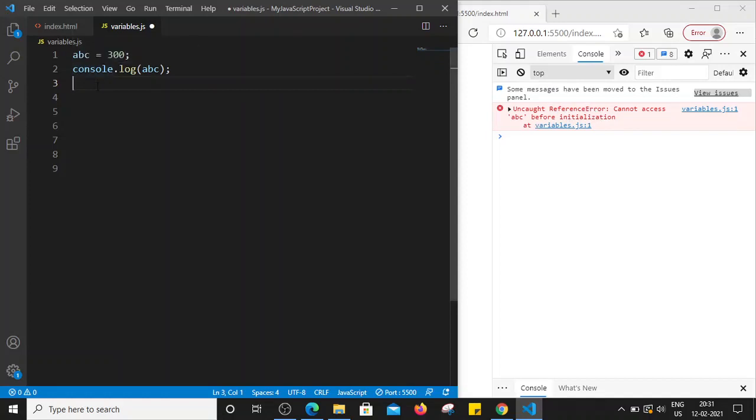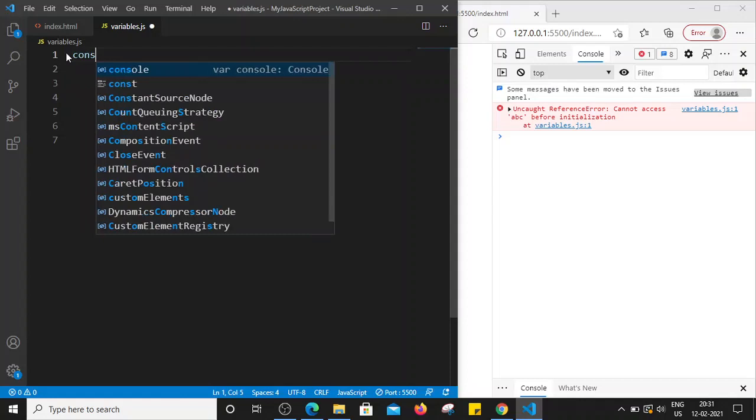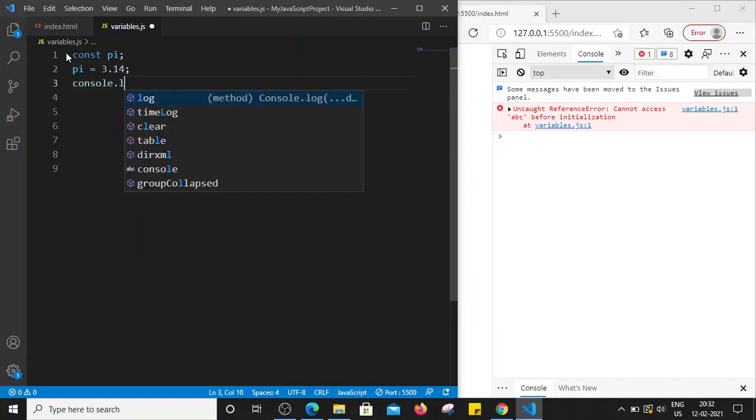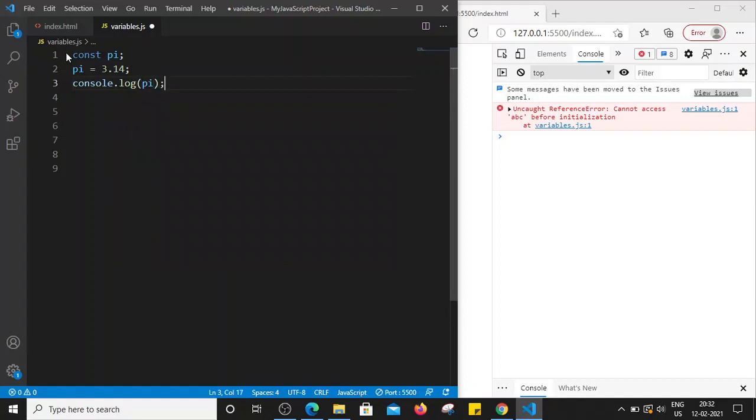Similar with const as well. So let's see with const as well. I'm just going to remove this, and I'm going to try it out with const. Let's say const pi is equal to 3.14, and let's print out that value, console.log pi, semicolon, and I'm going to save this file.